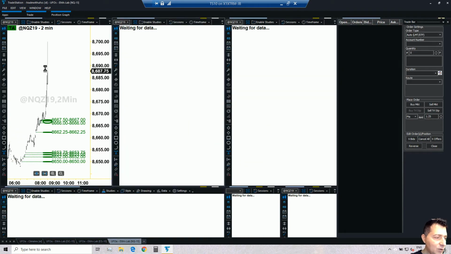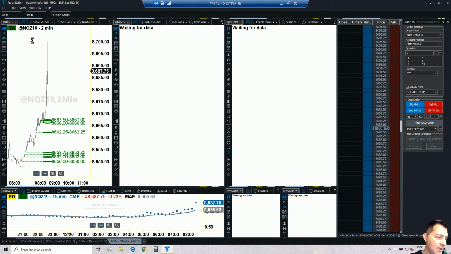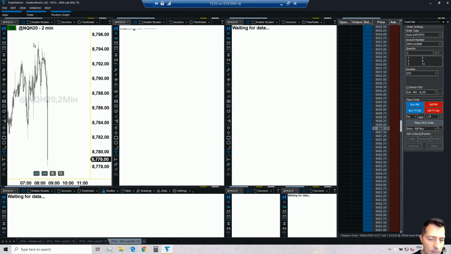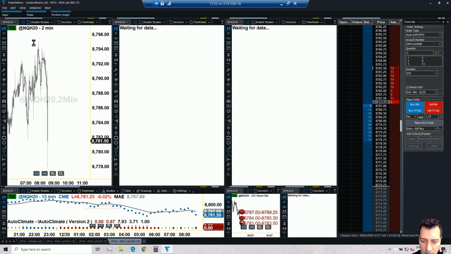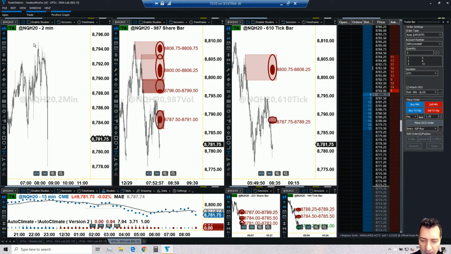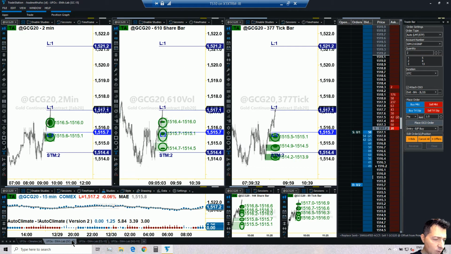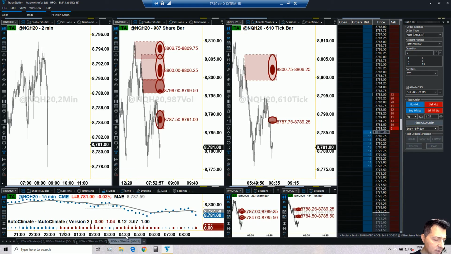And by the way, I may need to change the symbol. I'm still using the Z symbol here because it's been a few days that we have not traded the Nasdaq in the session. So I need to change that to the H, isn't it? NQH20. Gold, a pop higher, new UFO formed around the same. Okay, nice one, perfect. I need to go back and review this trade because maybe it's not the same for us anymore.